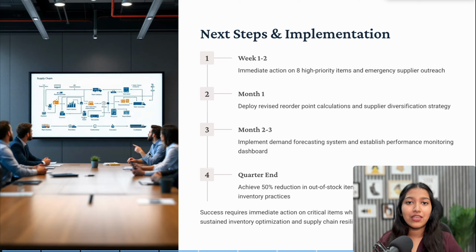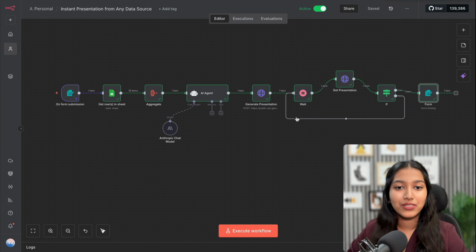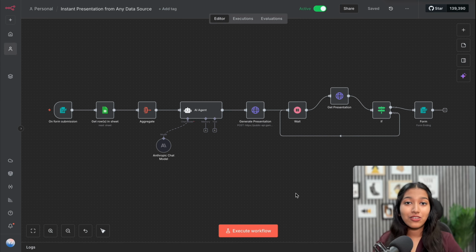Isn't it a very, very visual as well as professional deck? I was able to save hours of my time trying to create a PowerPoint presentation using this particular automation. So if you like that presentation, I would highly recommend you set up this automation once and then keep using it again and again. The best part is you can customize it to whichever extent you want. You can tell it the types of presentations you like, the types of style you want to go with, and accordingly it will generate the presentations for you. And yes, even if you have never created an automation before, you will be able to create it if you watch this video till the very end.